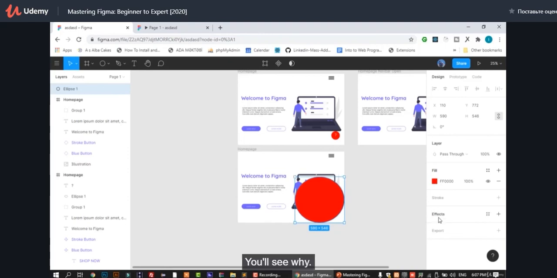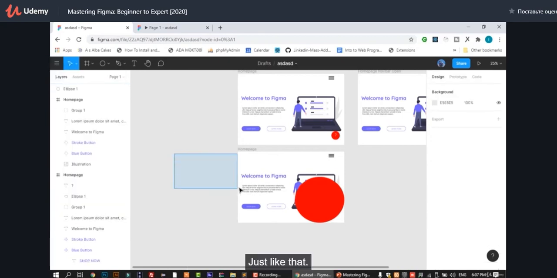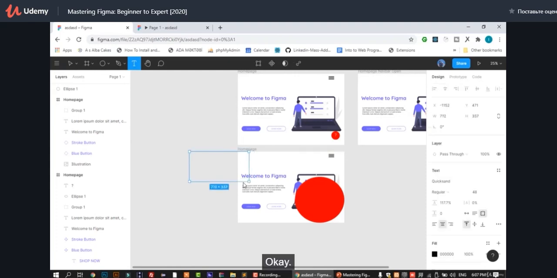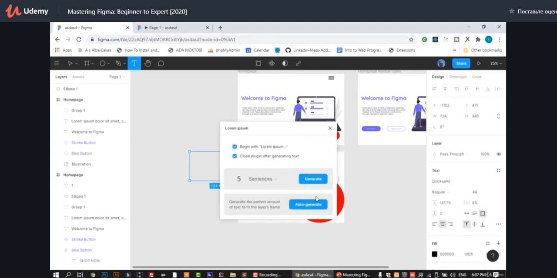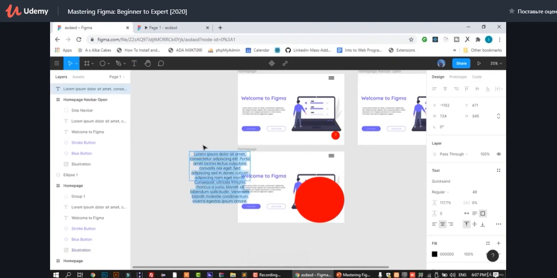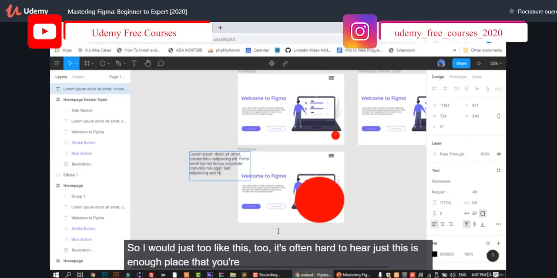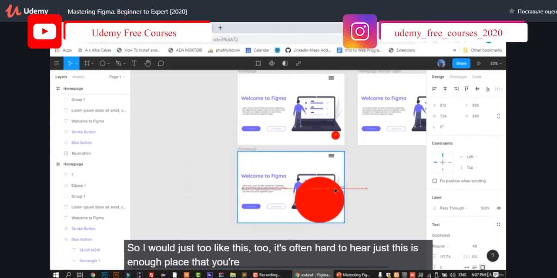You'll see why. We will have some words on that. Let's use Lorem Ipsum plugin here. Okay, just like that. I'll create this and generate here. Okay. That's all right. So I will just do like this. I'll delete some of the words here. Just this is enough. And I will place that